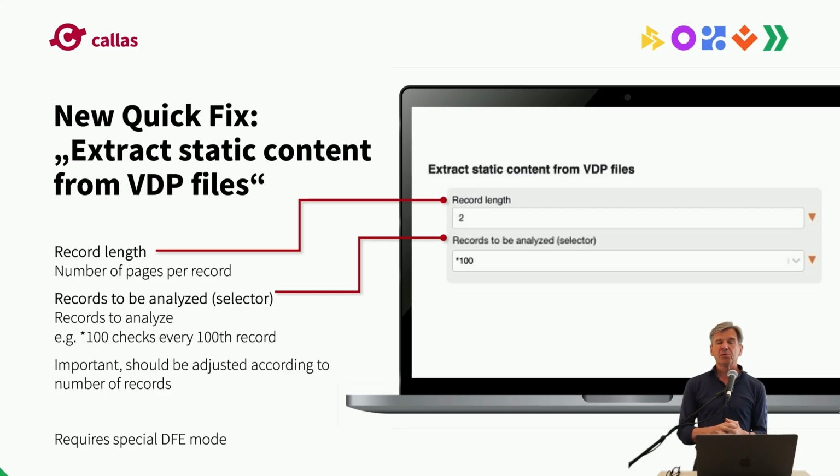So that really depends on the PDF file. You need to specify the record length, and pdfToolbox will analyze the PDF file to determine what is static and what is dynamic. And you can tell pdfToolbox what records to look at. In this example, using our token syntax, we tell pdfToolbox to look at every 100th record for